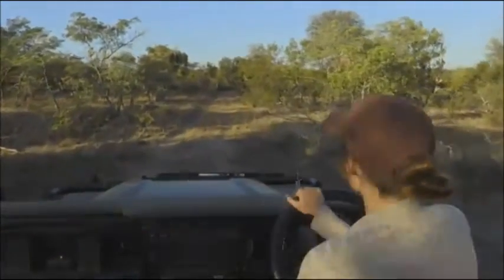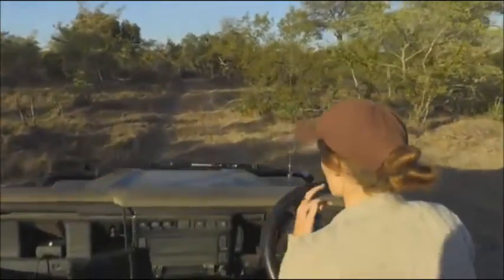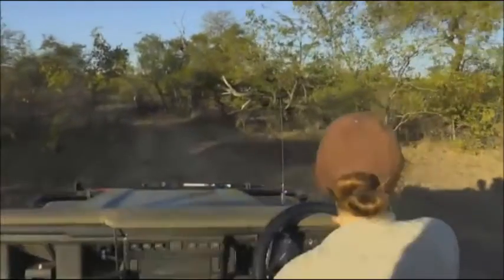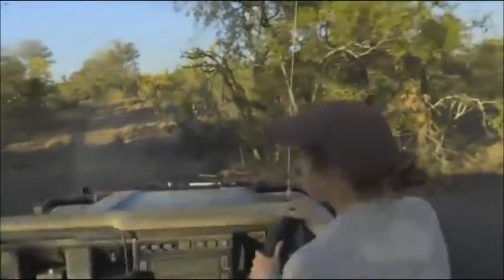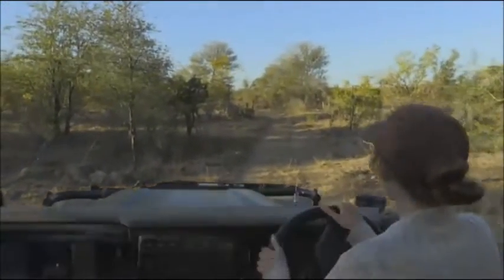I'm going to try and figure out exactly if it was the lioness that I saw this morning, the one with the 2 dots on her nose, or if she is the mother that is denning in Torchwood. So it all gets very confusing, and don't worry if you can't understand what I'm saying, if I'm speaking gibberish. It will all become clear over the next few weeks, I imagine, as we start to learn more about the